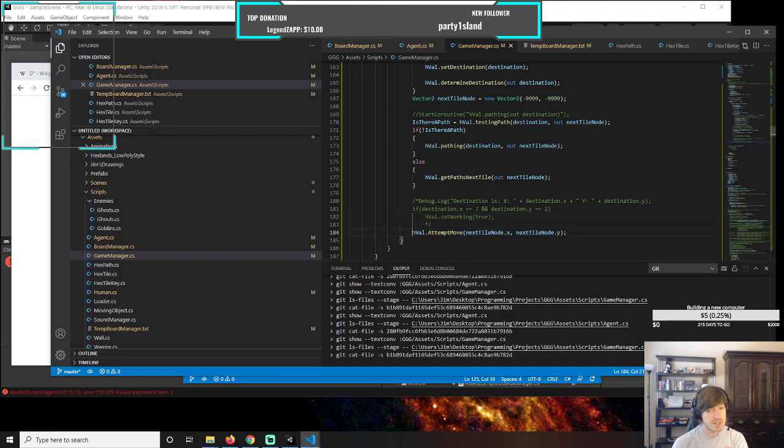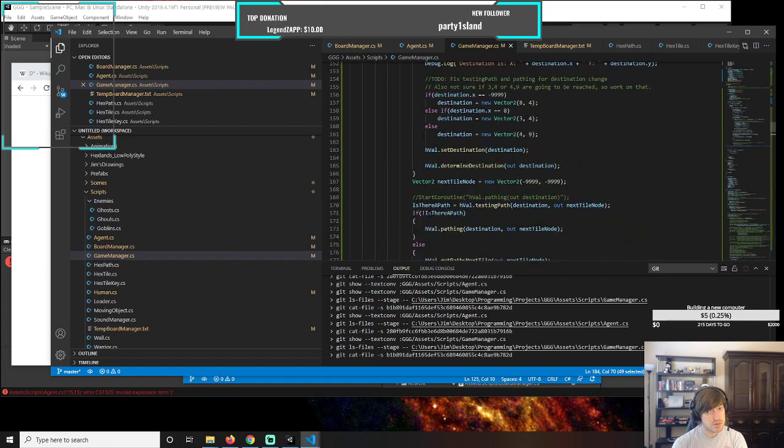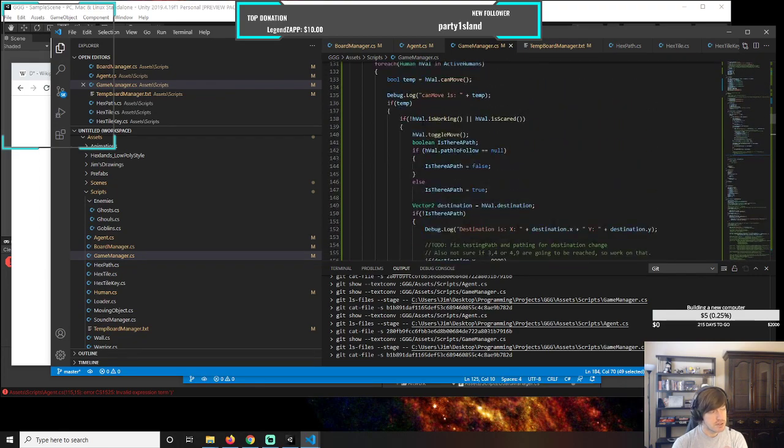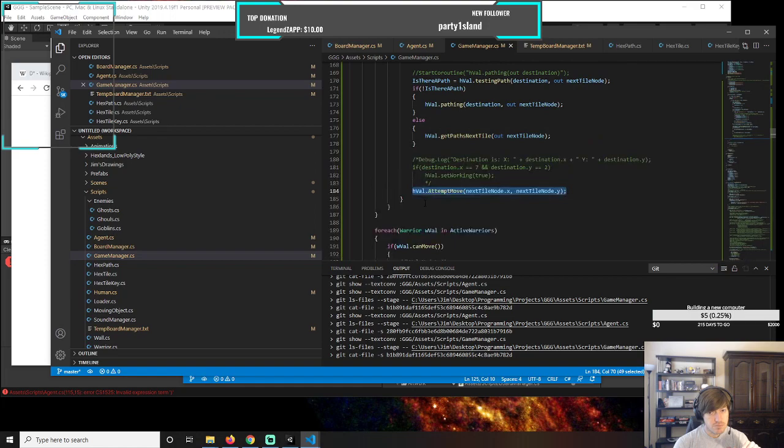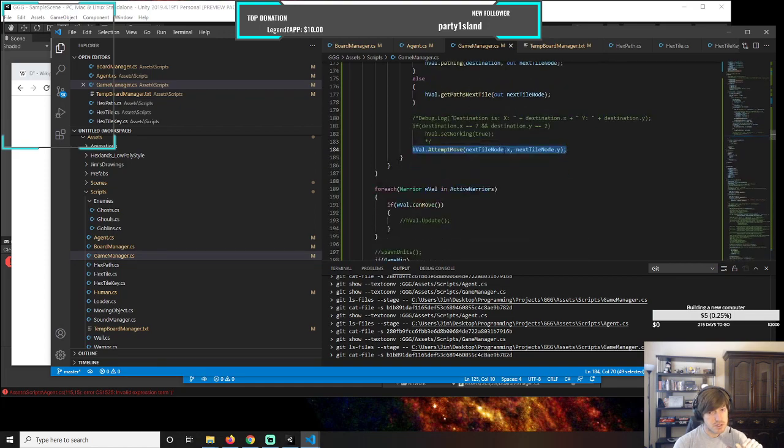Now, if the attempted move fails, like if, for some reason, there's some woods or something along those lines, then obviously we're going to need to set up that the pathing they have right now is incorrect. But for now, we'll worry about that a little bit later. Okay. We're going to attempt to move, and it fails. Then we're going to need to